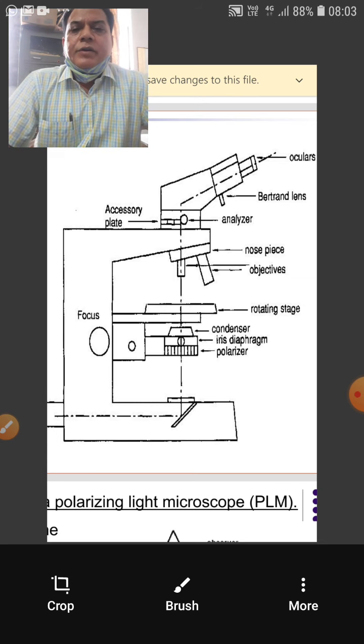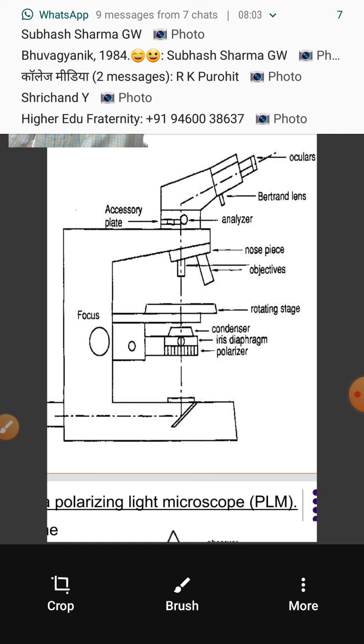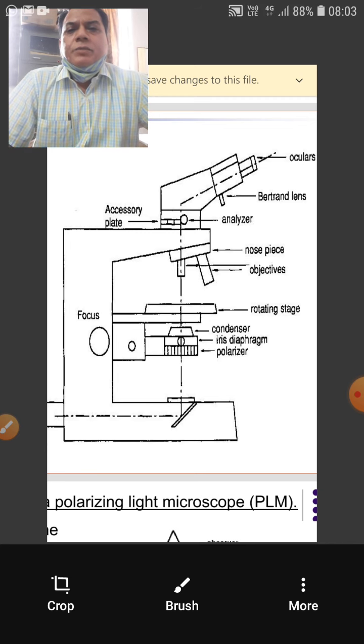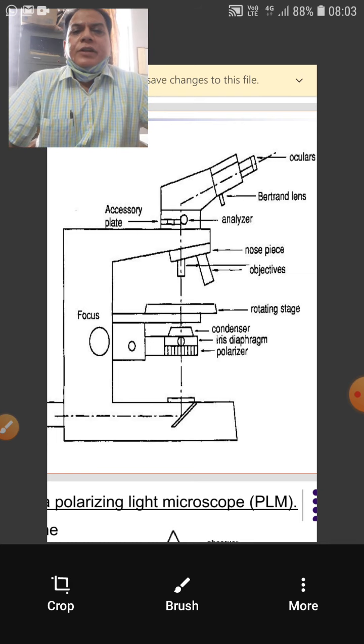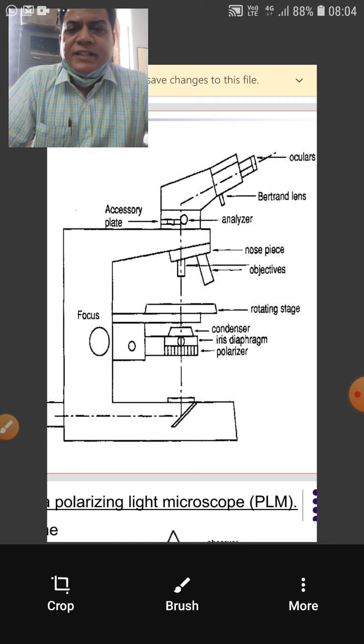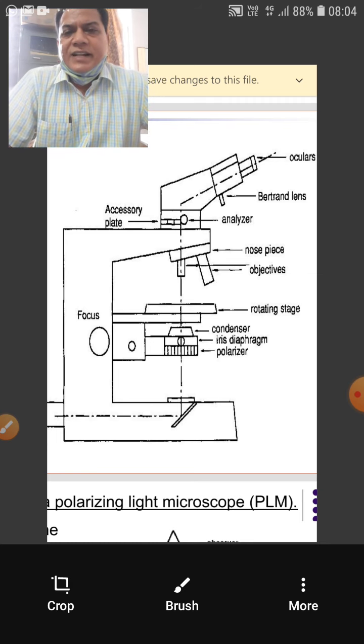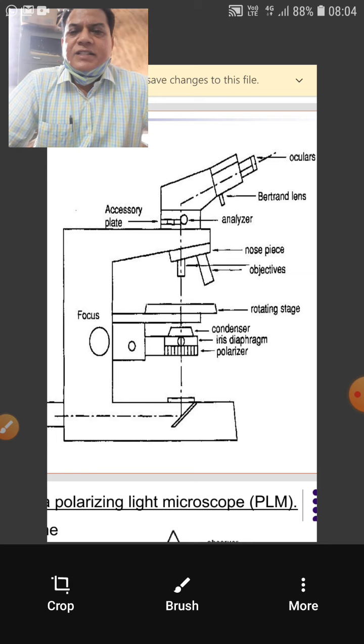And ultimately, when you describe the thin section, whether in your practical file or in the examination, first you make a sketch of what you are observing under the microscope. Second, you write the texture, whether the rock is hypidiomorphic or equigranular, poikilitic, whatever it is. Then the mineral composition will again be in three heads: essential minerals, accessory minerals, and secondary minerals. Then ultimately the name of the rock on the basis of texture. And finally the genesis of that rock.